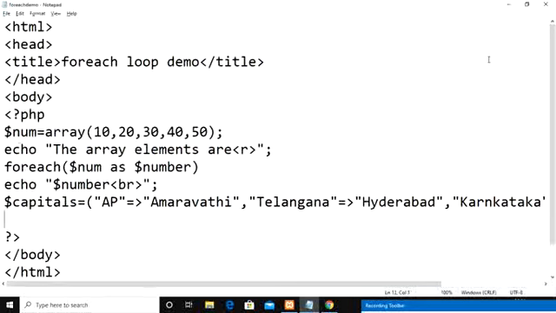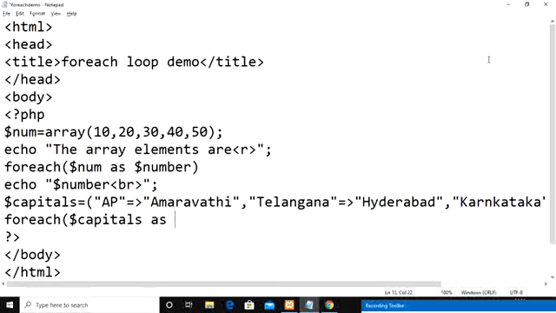After creating the array, now we need to access each and every element, both index and value, meaning key as well as value. So foreach, the name of the array, that is $capitals. You need to retrieve them as key and value, that is AP, Telangana, Karnataka.